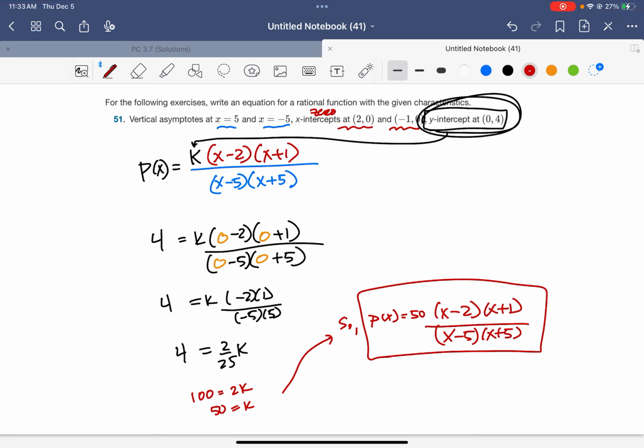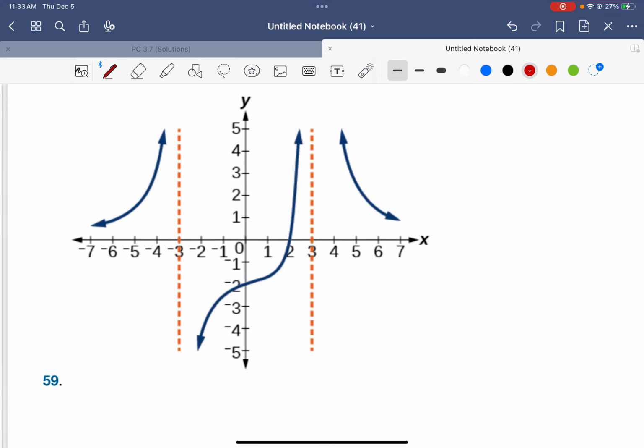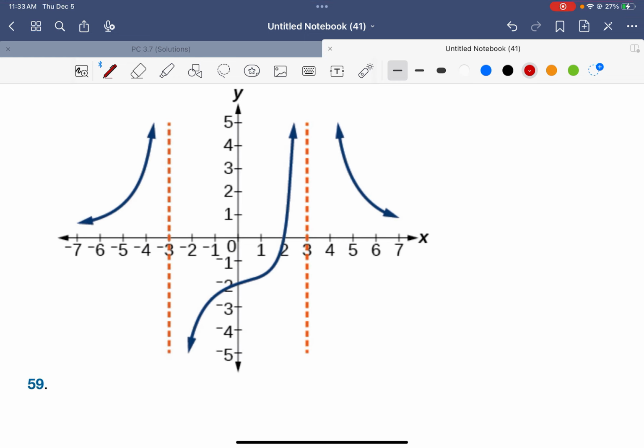It's not the only one, but it's one. I'm sorry, a rational expression. So maybe I should call this r of x. I don't mean a polynomial. I mean a rational expression, which is actually the quotient of polynomials. Okay? All right. So if they ask me to find same sort of deal,